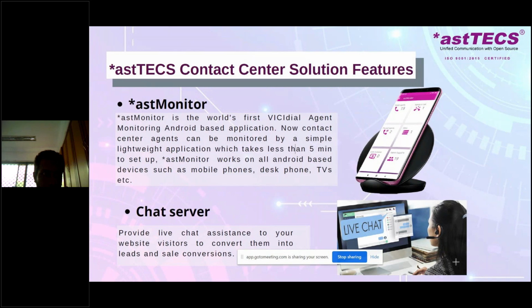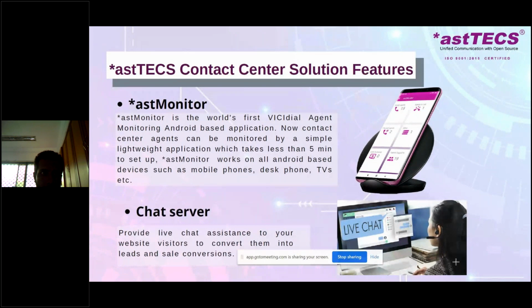Otherwise, the VC dial user list is so vast and massive that VC dial itself has a market share of more than 70%. So we at Astex Communication are the first of our kind to develop a monitoring tool like this.